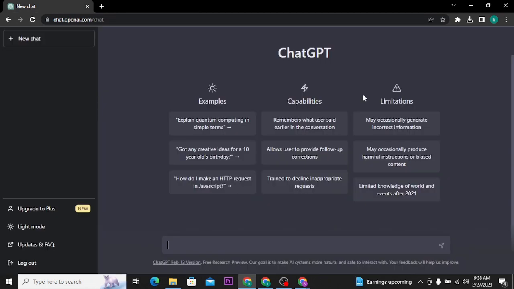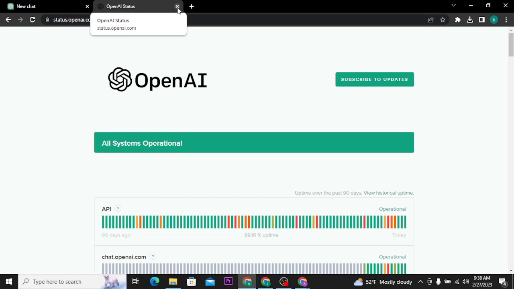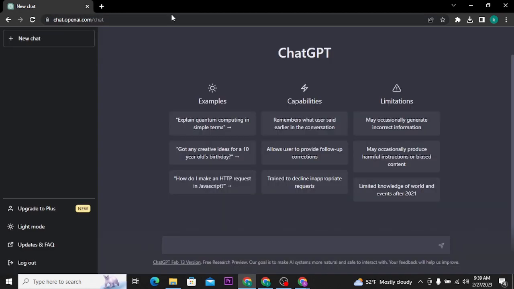If this is not the case, then you should head over to the other solution, which is to log out from this ChatGPT account and again get logged into ChatGPT. Now get logged out of ChatGPT and then again get logged into ChatGPT account. This may also help you to solve your problem, but if this solution also didn't work,